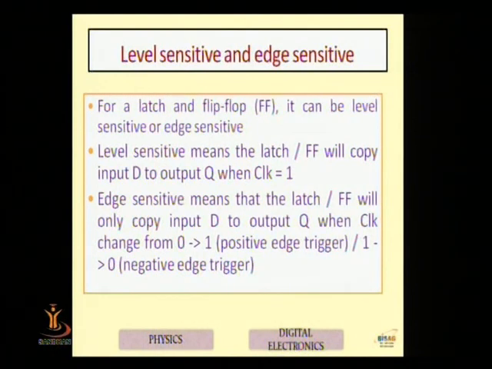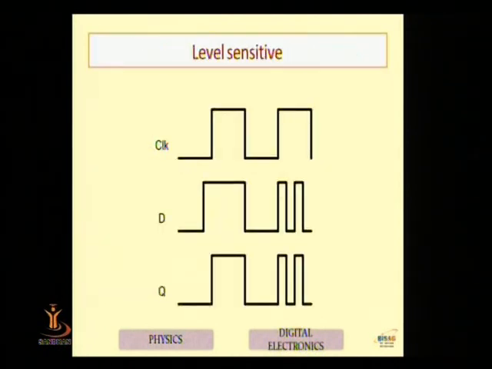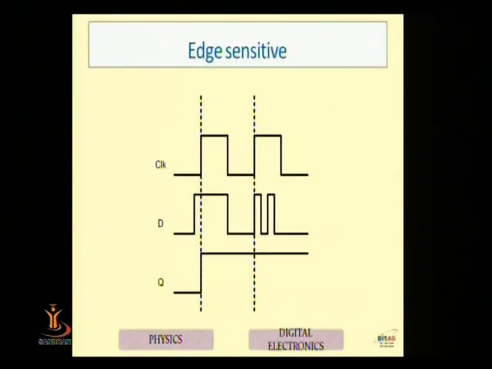In level sensitive, it is not required like this. Your clock should be 1, and whenever there is a change in D, you will find a change in the output. So here is a very important difference I have shown in level sensitive. My clock is 1, D is 1. If my clock is 1 in a second part and there is a change in D, 0 1 0 1, I get a change in Q, but it is not like that in edge sensitive. In edge sensitive, only if there is a change in clock is there a change in Q.